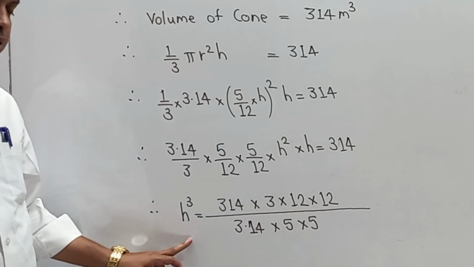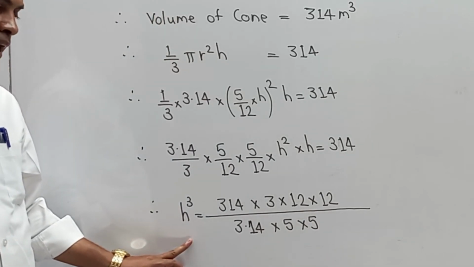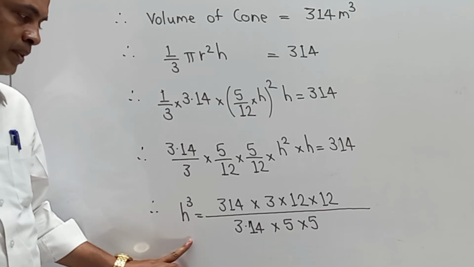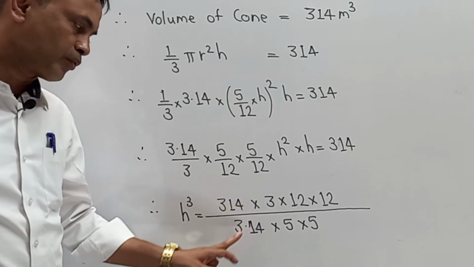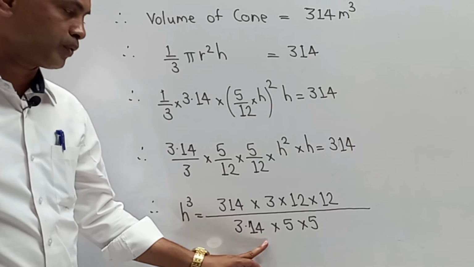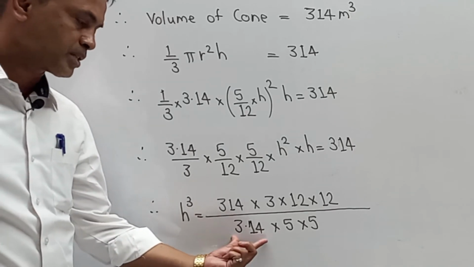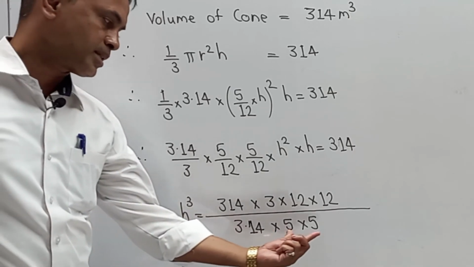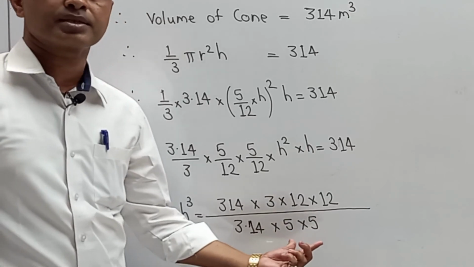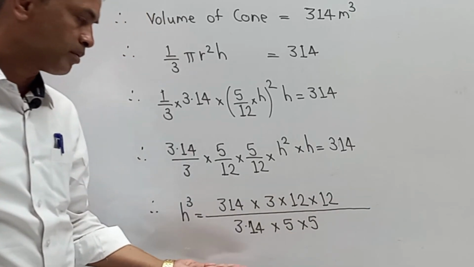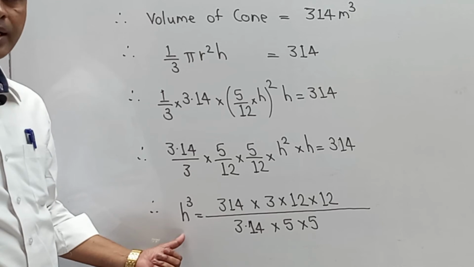Now we have to simplify these terms. There is certain logic and you must be able to understand that part. First, here is the 314, and the denominator contains 3.14, which can directly get cancelled. We just have to modify it over here. Next, this is 5 into 5. Again, this is supposed to be compensated with some valuation by which we will get h cube.